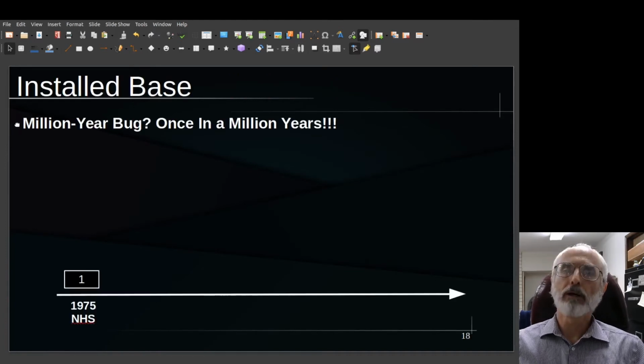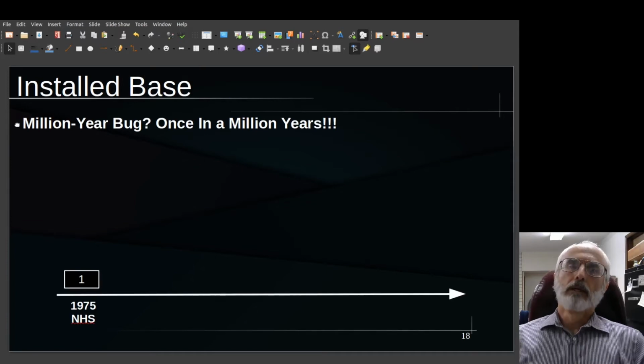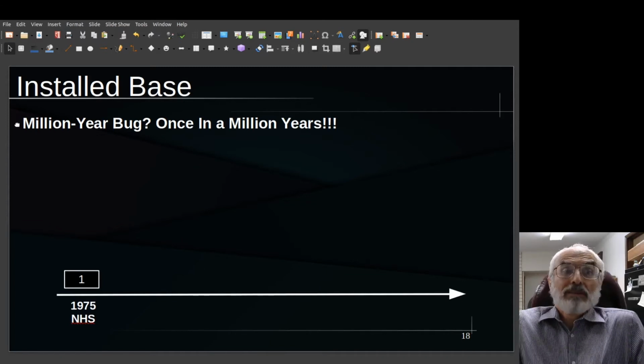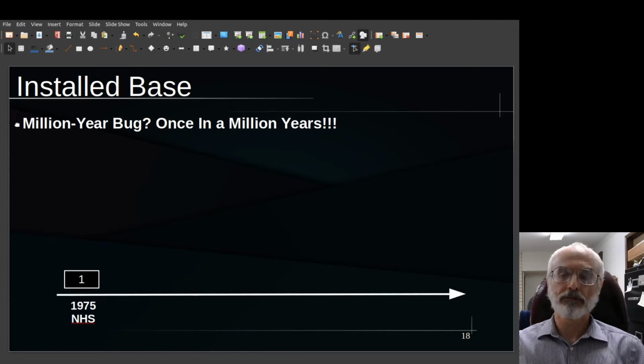I'm going to use my own history with installed base as an example. My first professional computer program was pro bono for the National Honor Society, a computer dating program from a high school. It had 1 user. So if I had a million-year bug in there somewhere, we have a bug happening once in a million years. We did have a bug. It was a data entry bug. We miscoded a senior girl's preferences as for freshmen rather than seniors. So she got assigned 4 freshman boys, and she was extremely unhappy. That was my first education in software customer satisfaction, or lack thereof.